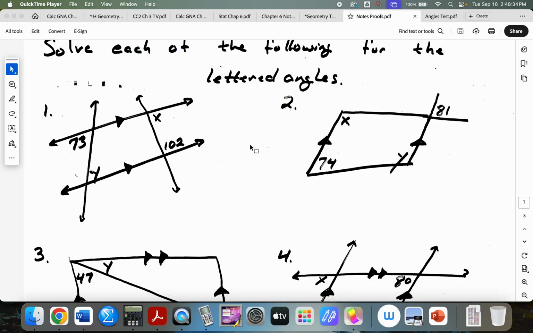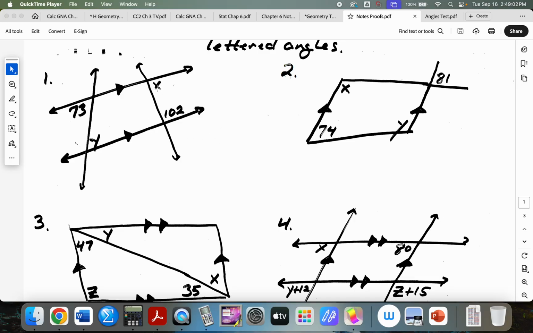I'm going to remind you that if your transversal is not crossing parallel lines, there is no relationship between those angles. Your transversal has to be crossing parallel lines. So you want to work across the parallel lines, not with the parallel lines. So, for example here,